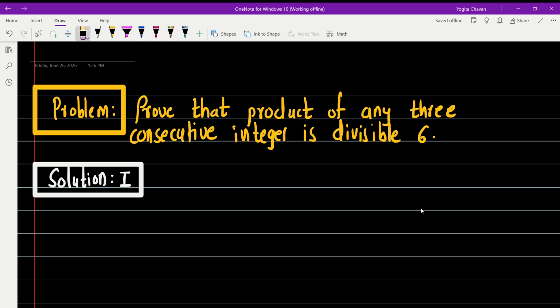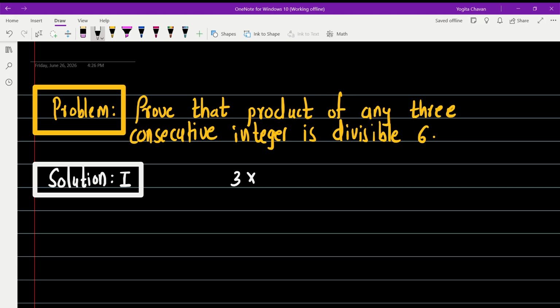Hello friends, today we have to prove that the product of any three consecutive integers is divisible by 6. Means you can take any three consecutive integers, take their product, and that number is guaranteed to be divisible by 6. See, for example, if we take 3, 4, 5,